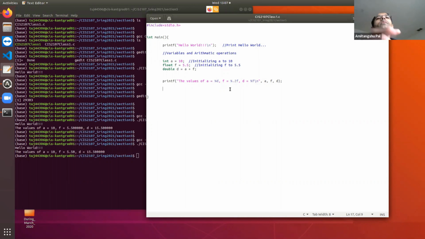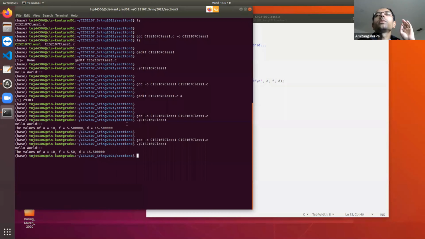Clear? Okay. Now in many places you will see that %6.2f is written, or %10.2f. What does this mean? This means that the output will take a total of 6 digits, including 2 digits after the point.